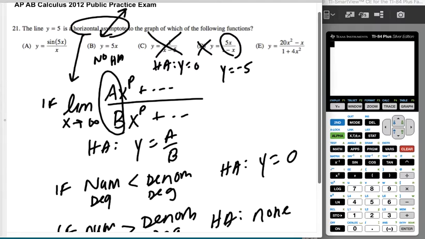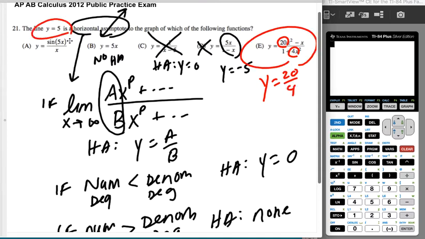It is much easier to just look at E and say, oh, hey, that is the exact situation that is described. The horizontal asymptote here is 20 over 4, which is definitely a 5. It's answer E. The issue here is that there is a horizontal asymptote in the other one as well, but essentially